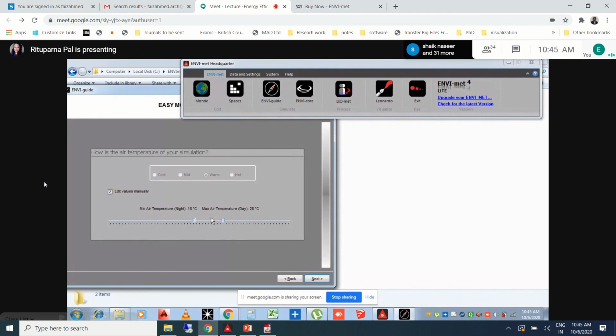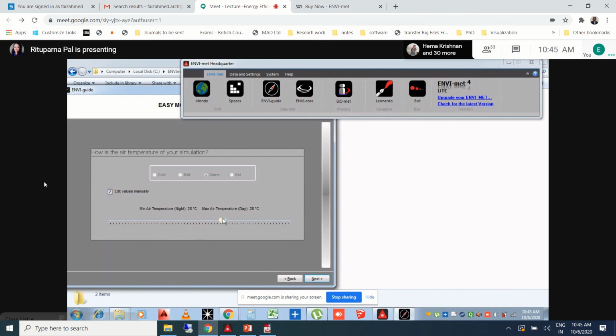Maybe you will have access to databases in which you will know the present temperature, humidity, and wind speed of the particular area, by Climate Consultant or different software for understanding these temperature databases. For example, according to my knowledge, I'll be setting the minimum temperature.